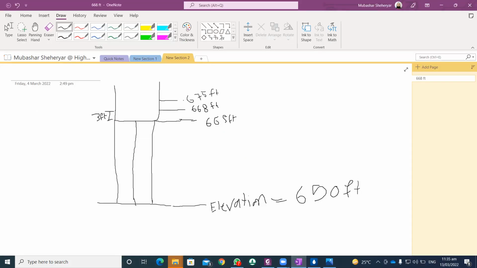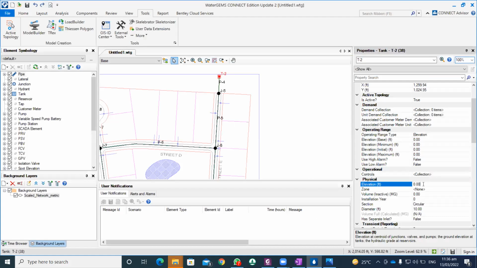And the maximum elevation, so you just give the maximum water level up to which we want to design a tank. So you can keep it up to 890. So it's a very big tank, 35 feet. So if you want to give the properties like that, for example, we have 650 feet of ground elevation and 690 feet of maximum water level,